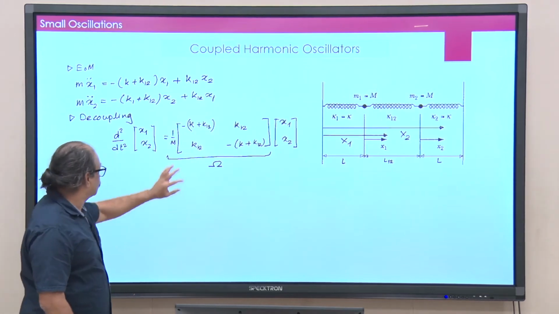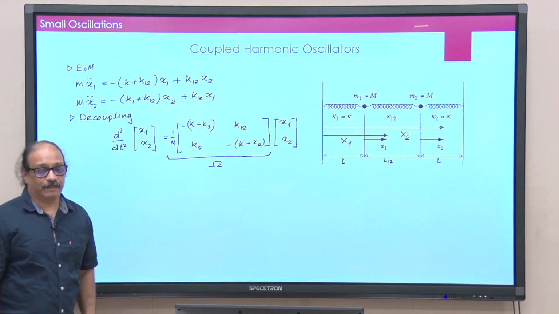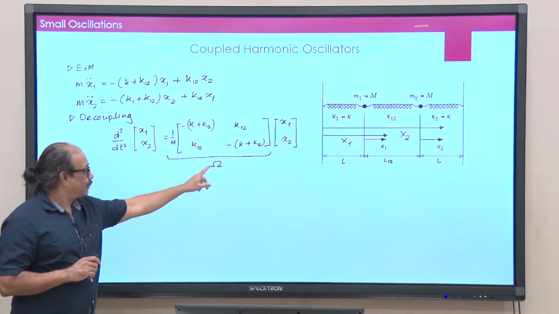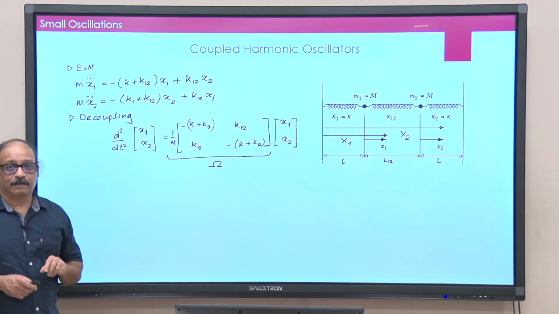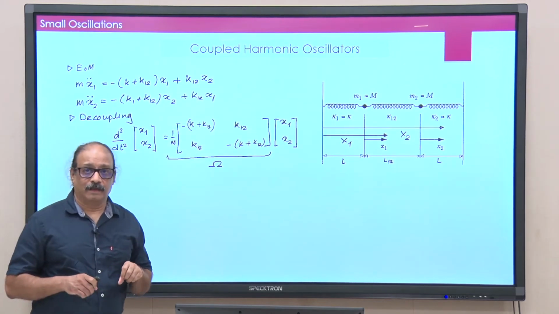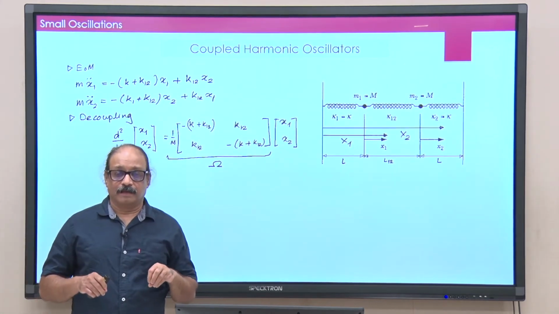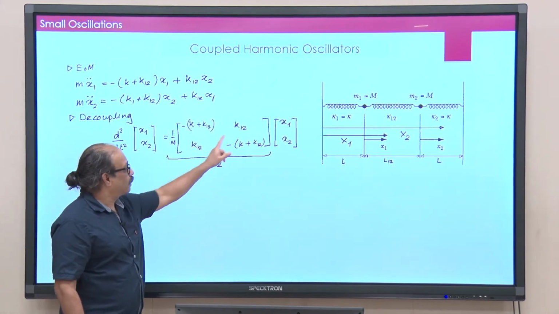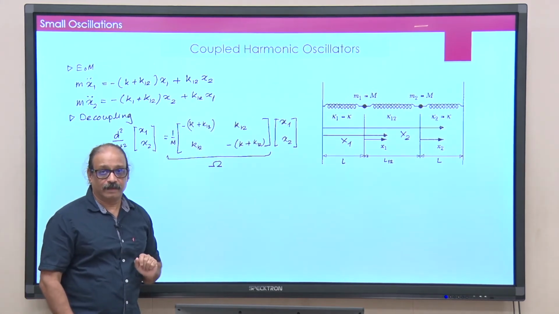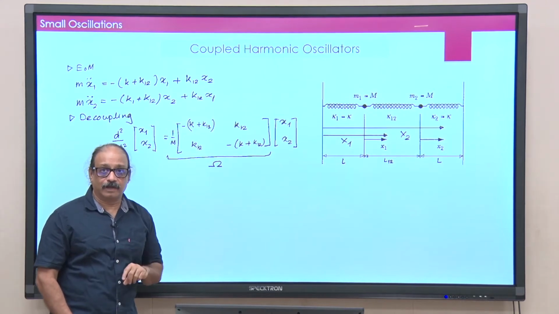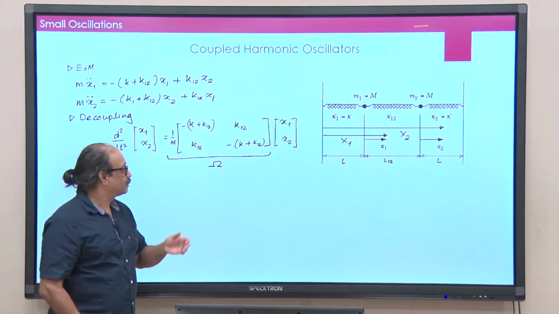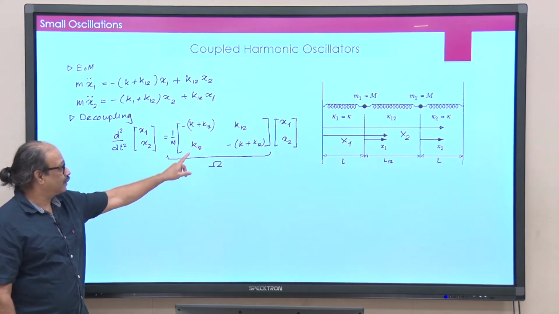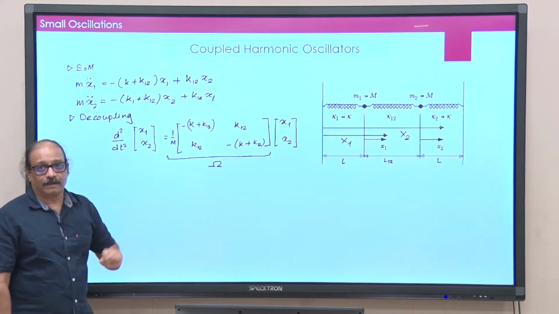So, we got this neatly in a matrix form, and now you look at this differential equation and this matrix omega there. That matrix omega tells you that this particular system is coupled because there are off diagonal terms. If omega were diagonal, then of course the system would be uncoupled, and that you can see here, if k12 is 0, the system is uncoupled.